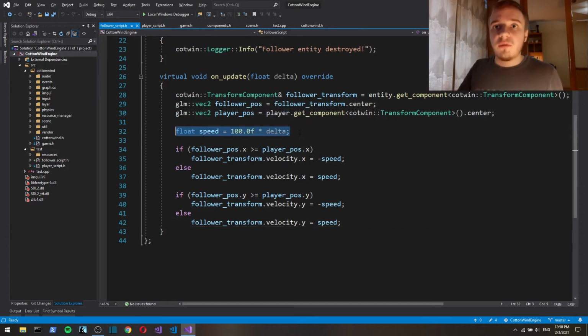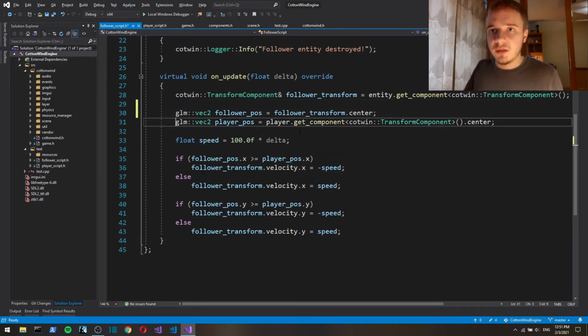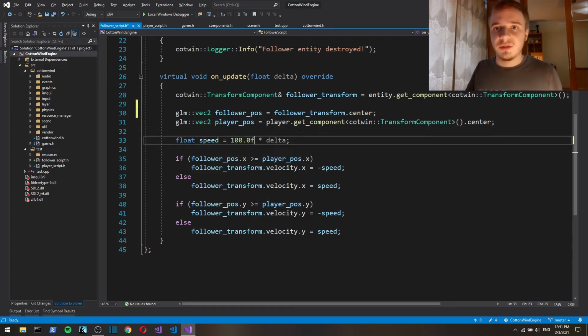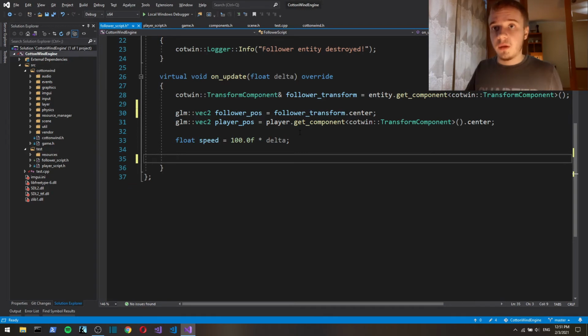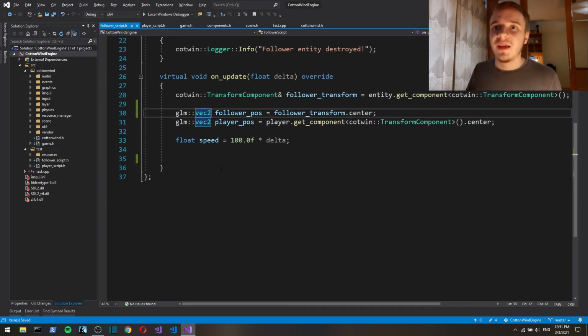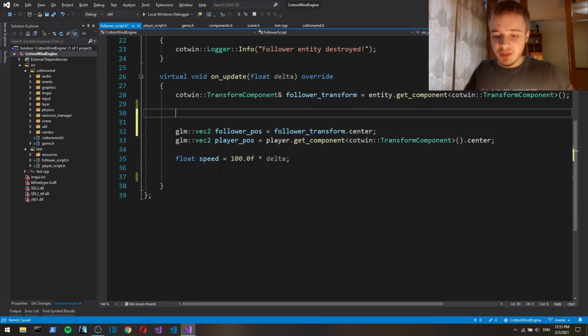So first let's correct the behavior of the follower entity. Here we've got the follower position and player position, and the player position is the target position. Now we don't need that anymore. It can be a little bit confusing because those positions are also vectors, but actually a vector is simply a struct.